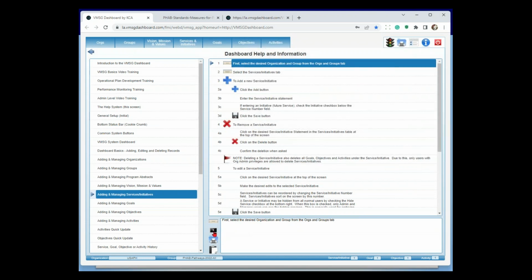You also have a video training module on specifically services and initiatives. The entire user guide is right here as a hyperlink PDF file. And then this document down here is called implementation guidelines. And that's just things we've collected from clients over the years about best practices, what works well. There's a couple of templates in there for developing plans. There's a couple of IT things in there. Just lots of nice stuff to review as you're implementing the system in here.